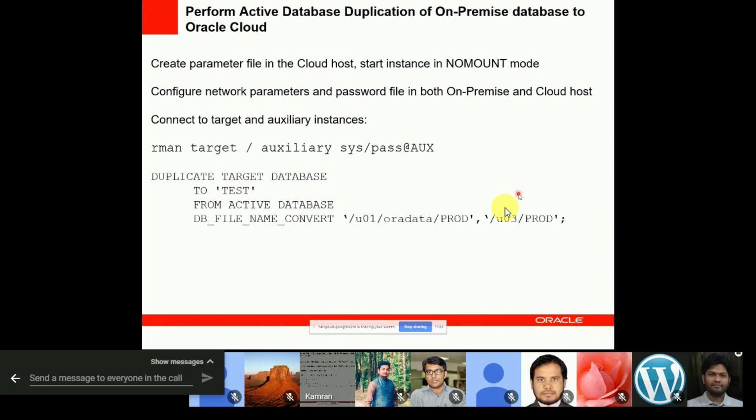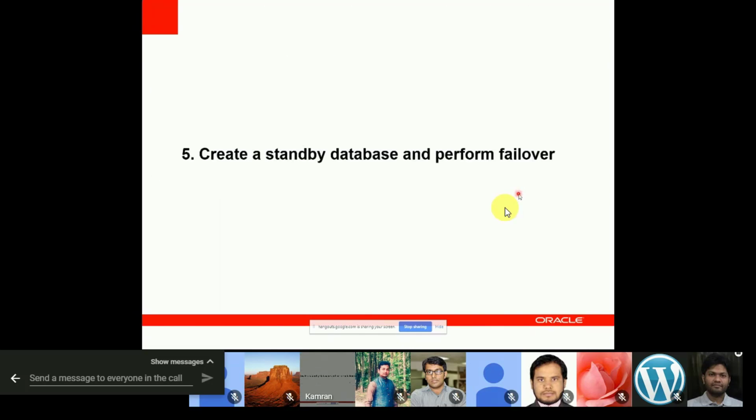And you can also run the duplicate target database command as well. So when moving your on-premise database to the Oracle Cloud, one of the options is to create a standby database and perform the failover. So why on earth do we have to use the standby option when we can easily duplicate or restore and recover the database? So imagine you are running the database on your on-premise